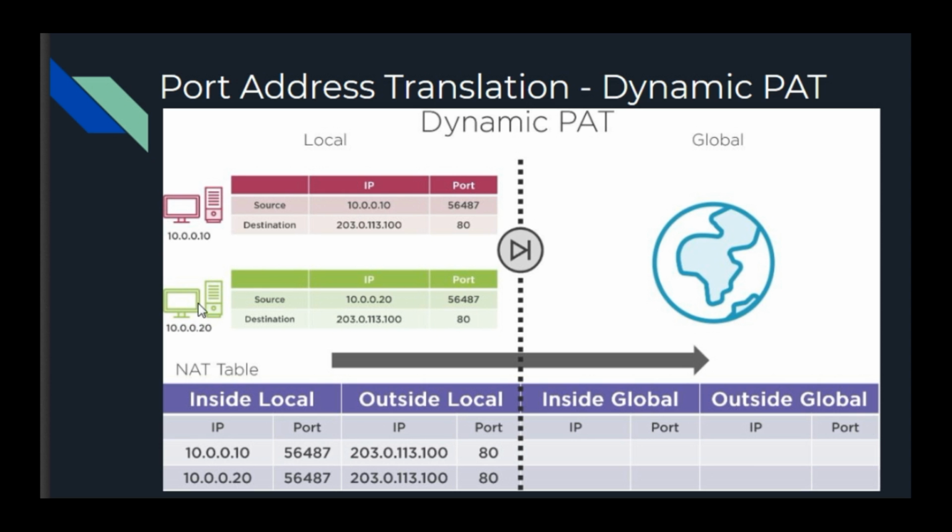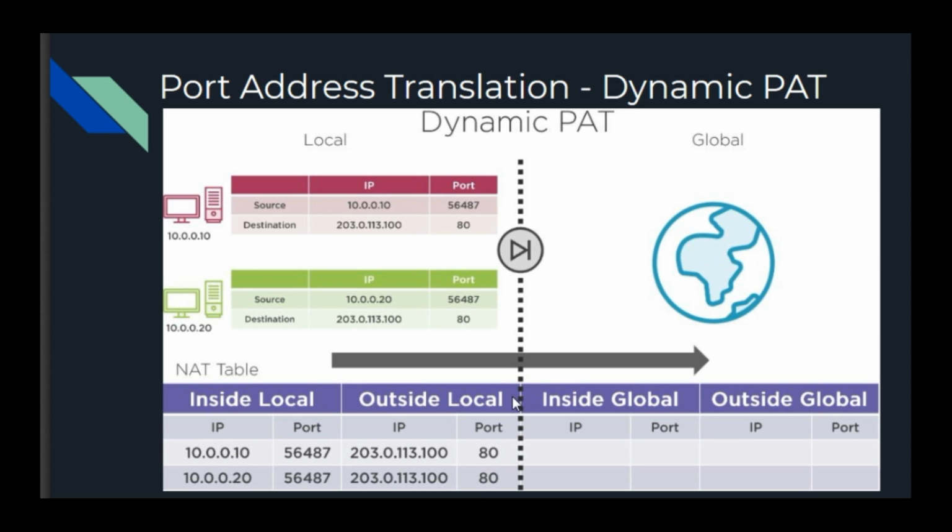In our local area network, we have two systems which are trying to access a global server at the same time, and we have only one public IP address. So what happens and how does it create a NAT table? In the NAT table, there are inside local, outside local, inside global, and outside global. Inside local means our systems' IP addresses and their ports. Outside global means the server's IP address and its port. Inside global